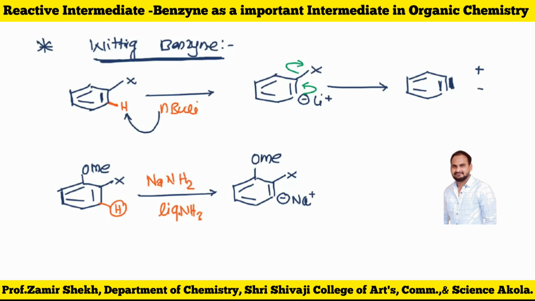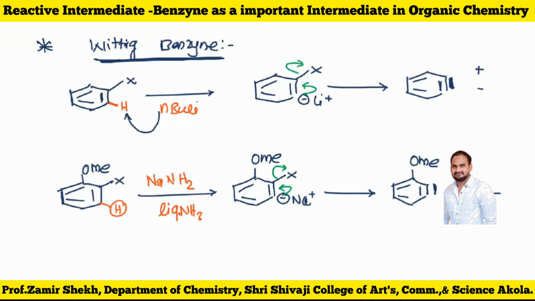That negative charge is going to be displaced, and here the X will be free now. So that means in this reaction, this is my methoxy group, and here is the newly formed double bond, and this is called benzyne. The substituted benzyne has appeared now. Now what happened? What about the charges now?